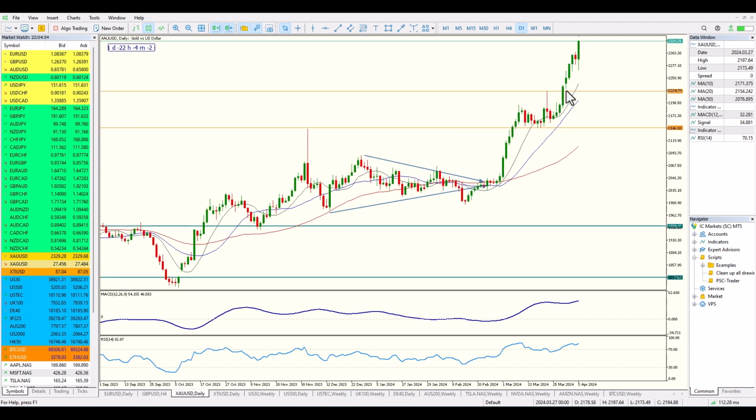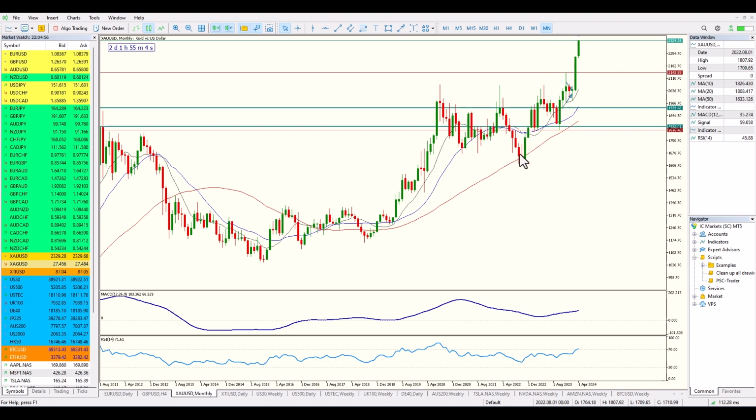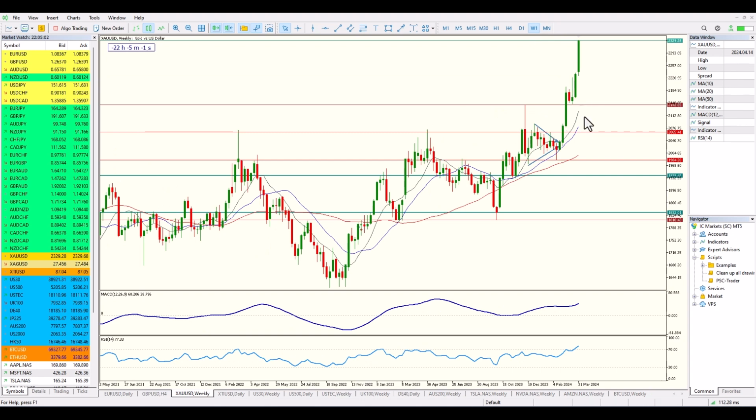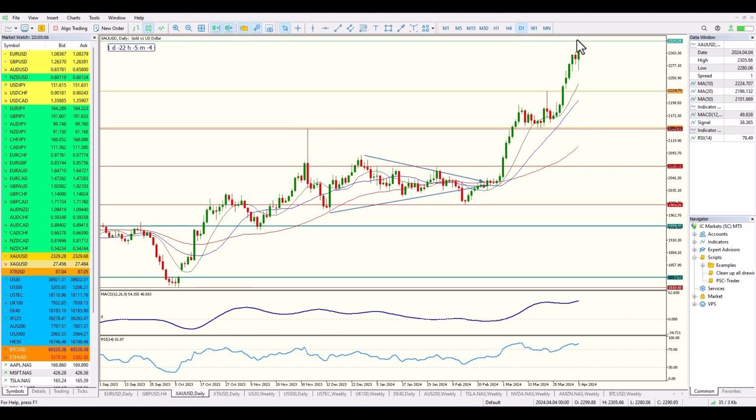Let's have a look at gold. So gold is incredibly bullish. If we look at it from a monthly perspective, it is definitely overextended. Very nice and healthy trend, but definitely overextended. From a weekly perspective, it is also very overextended. And from a daily perspective, it's also a bullish engulfing candle that finished on Friday, also very overextended. So it's higher risk now for me to look for joining this trend at this point in time. I'm looking for any kind of pullbacks and then looking for a nice healthy correction.